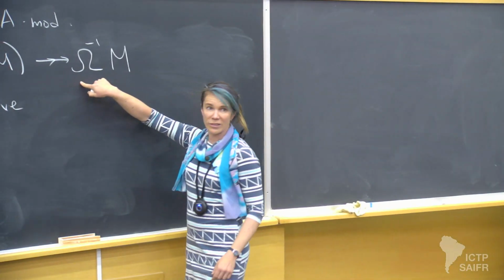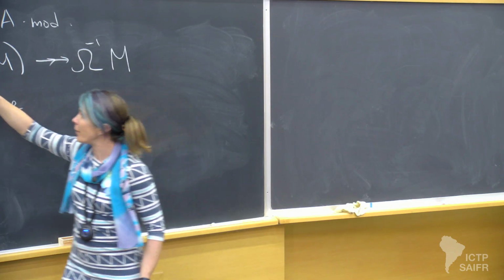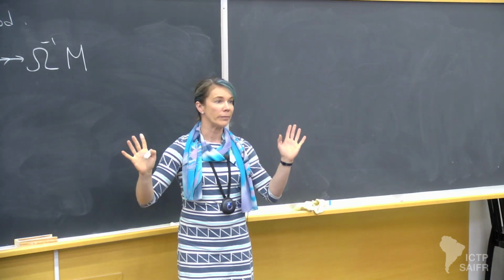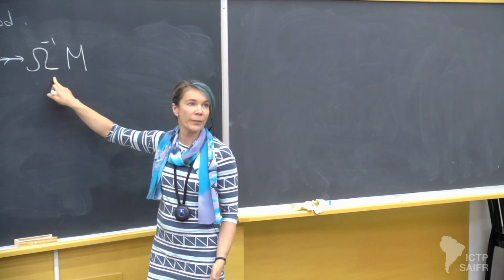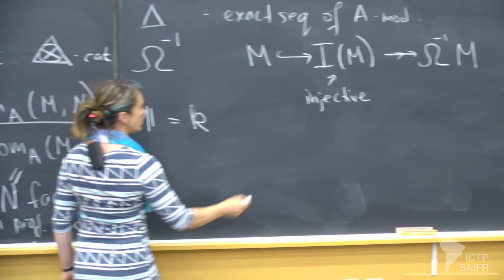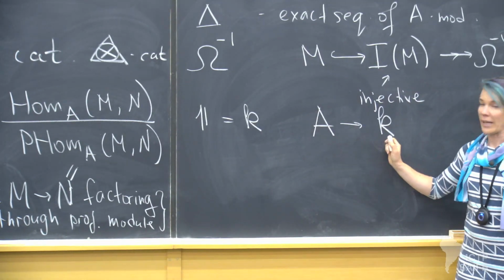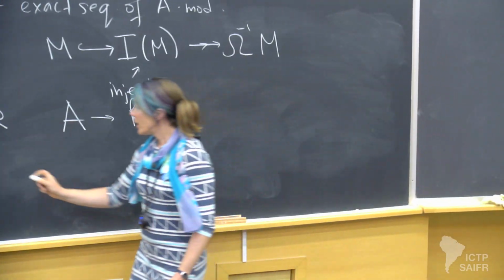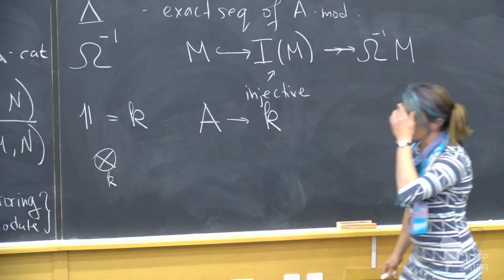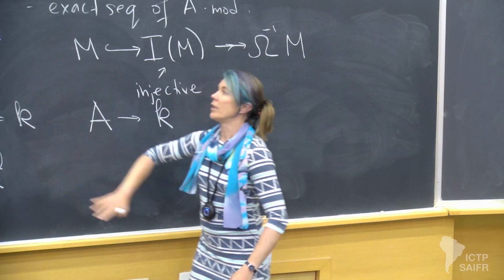Of course, this is not so well defined because I could have taken a different injective module and embedded M into it. But I am in the stable module category. So if things differ by an injective object, they're the same. So up to injective object, this is going to be well defined. That's the shift. And then, of course, I have a tensor identity, which is the module K. A is a Hopf algebra. We have an augmentation map, A to K, and this gives an action of A on the trivial module K. And I have a tensor product over K, which is exactly the same as before, via the coproduct on A, and it's an exact bifunctor, and it's nicely compatible with the triangulated structure.